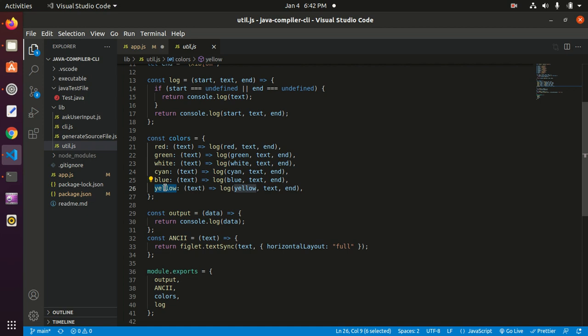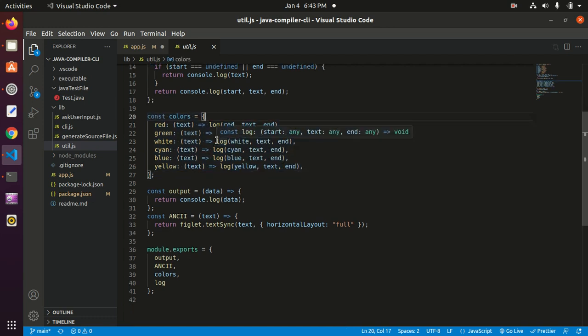So each time you want to print out a color in the terminal, you can simply call colors.red, and it prints out a red text in the terminal, or colors.green to print out the green text, or colors.white to print out a white text in the terminal. So that's what this object is doing right here. Then the next thing, which is output here, all it does is basically output this particular code to the terminal. And the next function is